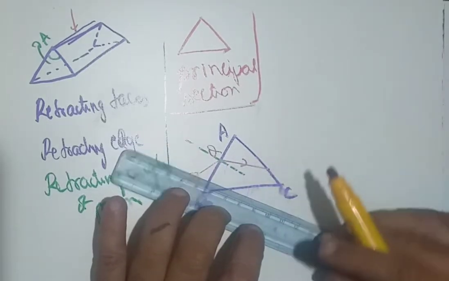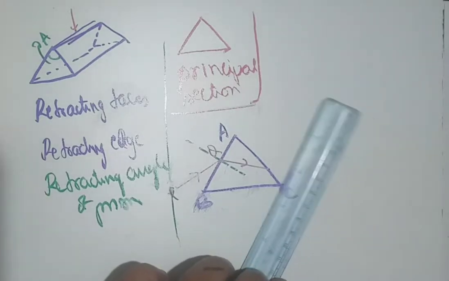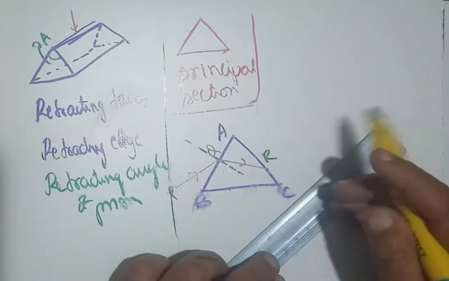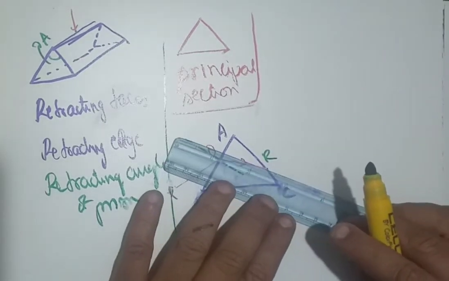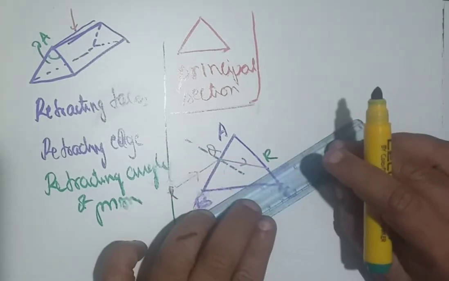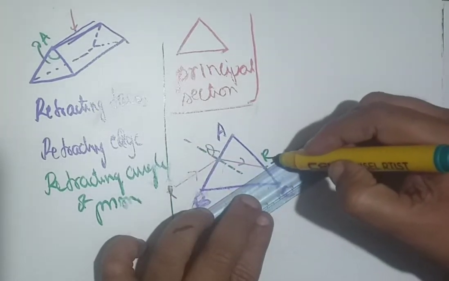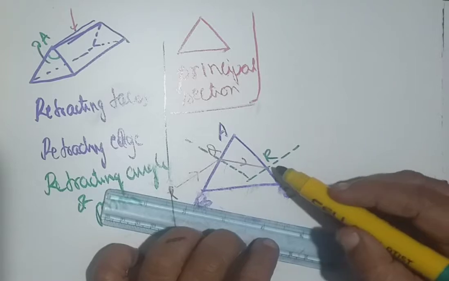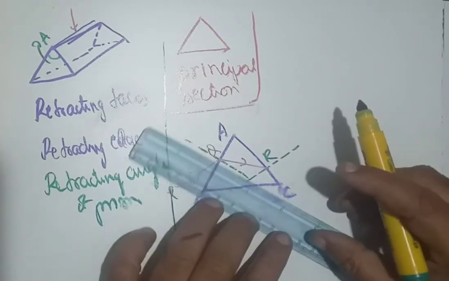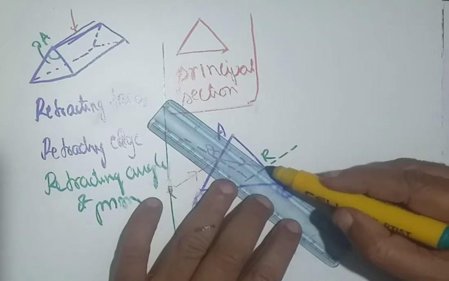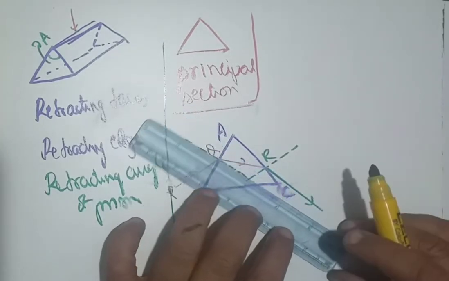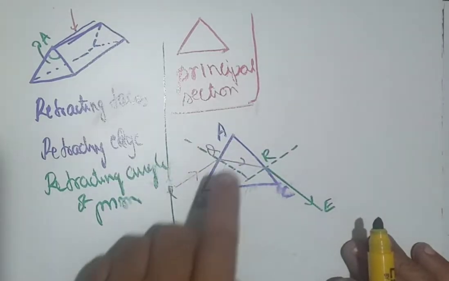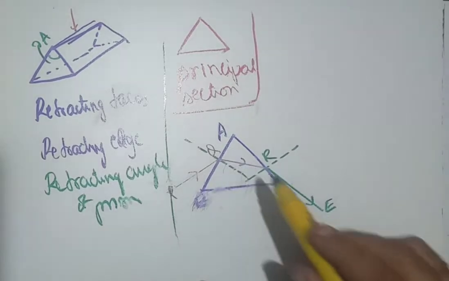Say this is towards the normal. And at a point, say R, it emerges out of the prism, and again we write a normal there at R to the face of the prism. And we know when light ray comes from denser to rarer, it should bend away from the normal, like this. Then this ray, RE, is called as emergent ray, PQ is called as incident ray, QR is refracted ray.